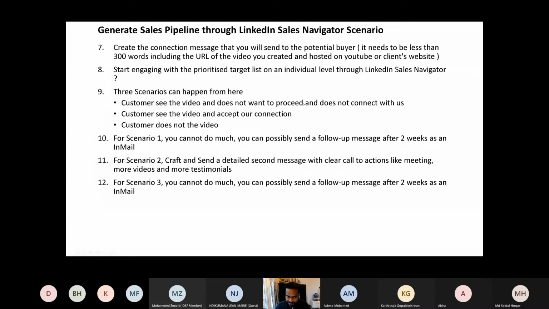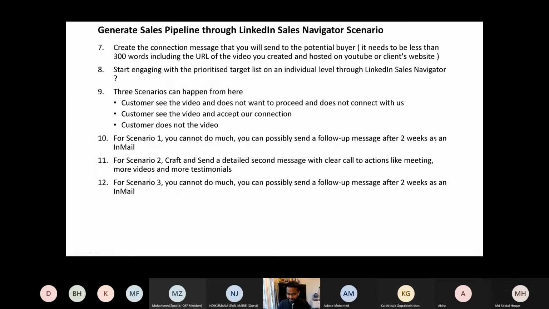That's very good. Customer does not see the video. There is no red flag. So for each scenario, what can you do? In scenario 1, you cannot do anything, right? I don't think you can even send a follow-up message, because you've already sent them a connection message. Maybe you can do a follow-up message on InMail.